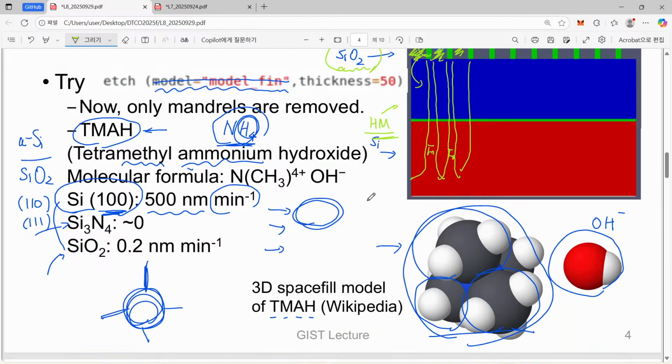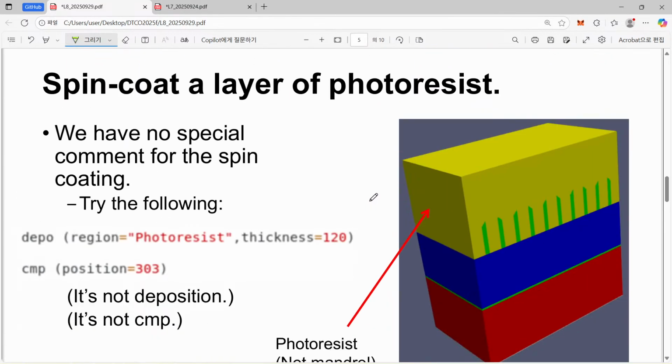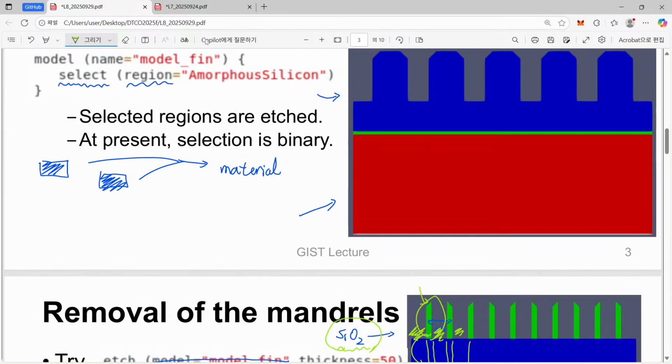So let me just show it to you. In order to do that, what we do is spin coat a layer of photoresist. This is nothing actually related to fin patterning. However, we need this other patterning related to photoresist, because I will just show you the